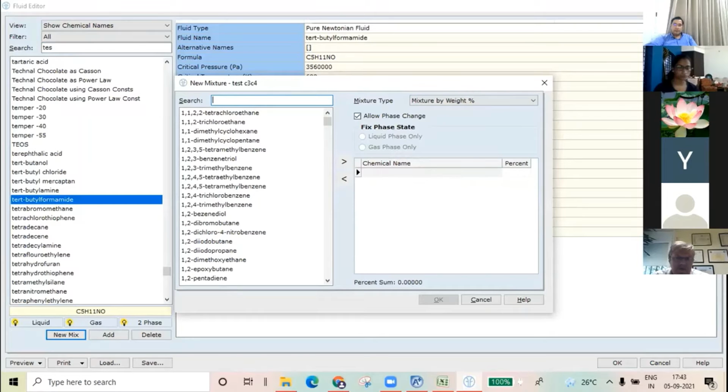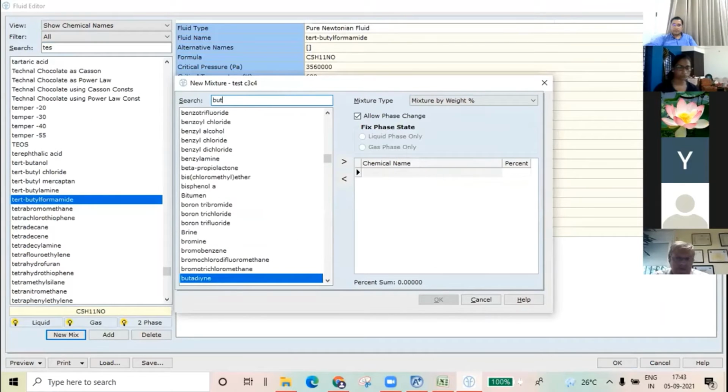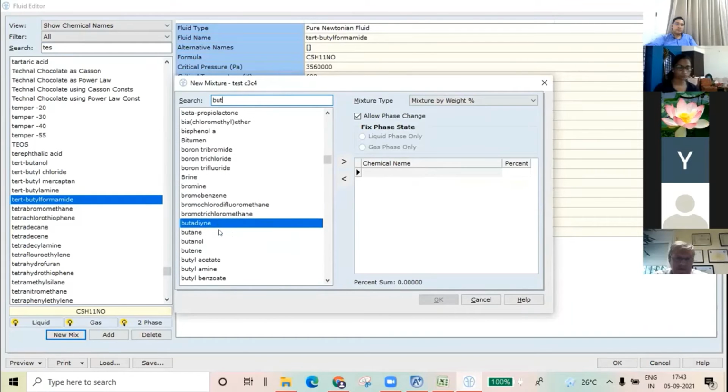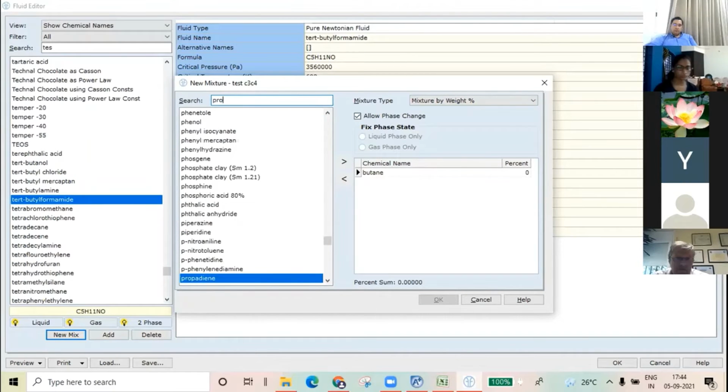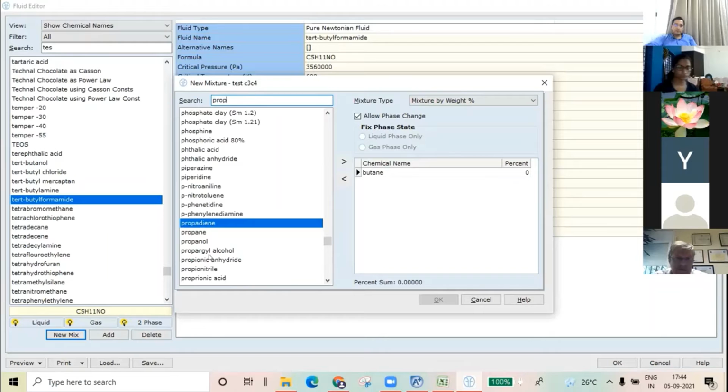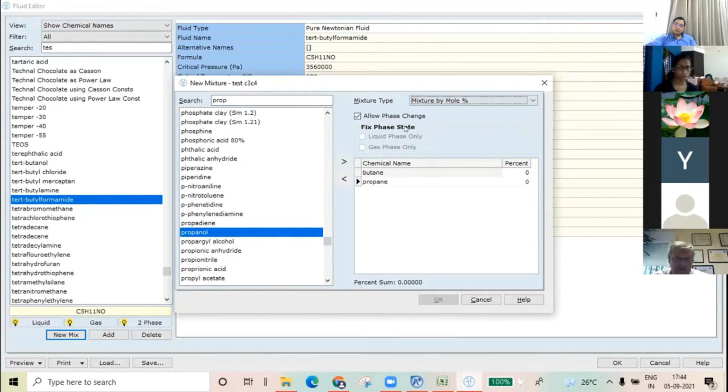Type propane. Then mixture by weight. It should be mixture by mole. 50-50.